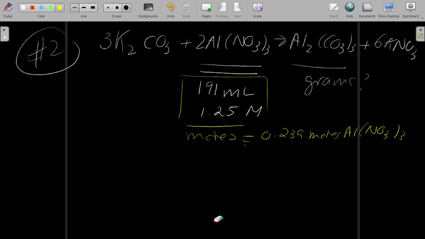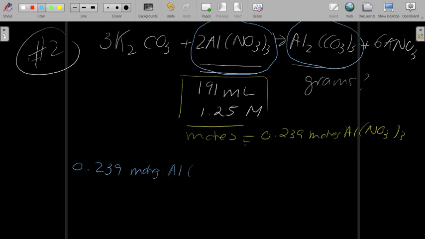Now, are we done? No. We know the number of moles coming in, but we don't have the information that we need. We need moles. How many moles were produced? So we need to do stoichiometry between what we know and what we need. Let's do that. We know that we have 0.239 moles of that aluminum nitrate coming in. I know that according to the recipe,